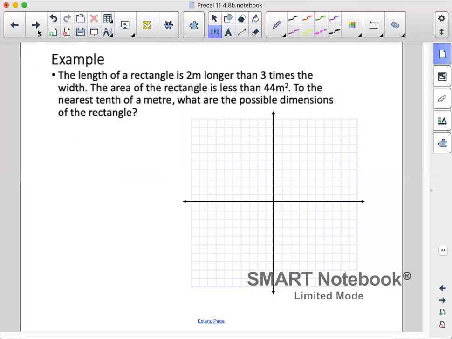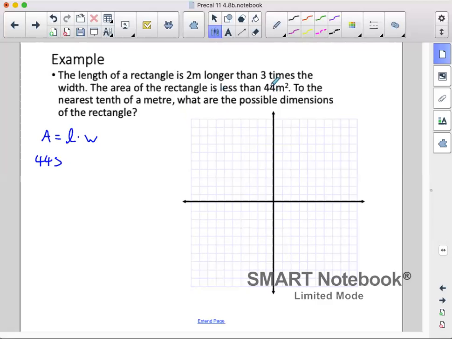Now putting it in a word question: the length of a rectangle is 2 meters longer than 3 times the width. The area of the rectangle is less than 44 meters squared. To the nearest tenth of a meter, what are the possible dimensions of the rectangle? So first thing is we will use our area formula, which is length times width. Now we know the area of the rectangle is less than 44 meters squared, so 44 is greater than our length